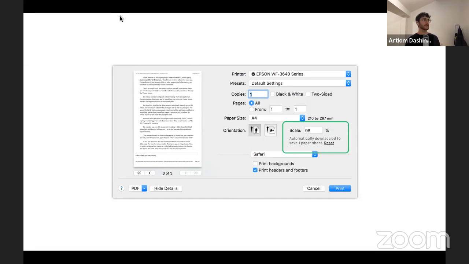It would be more critical with the things that you actually want to look exactly how you designed them. So if you're printing a business card or something like that, obviously you want to have 100% scale always. But when you're printing an article, it would not hurt the experience to reduce the size of the content by just 2%.